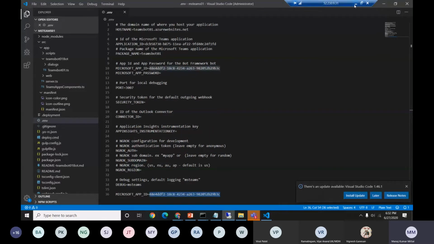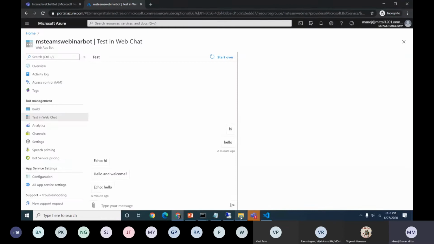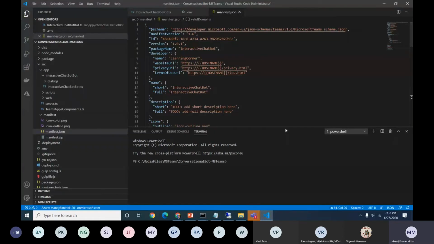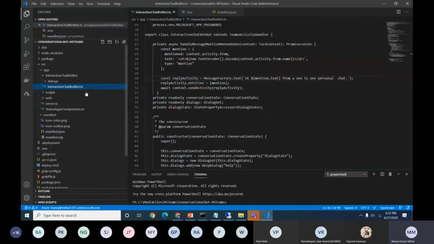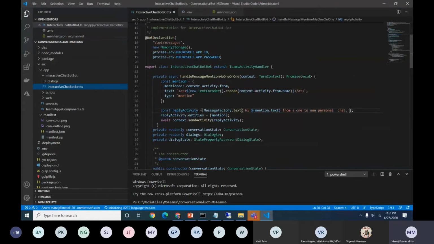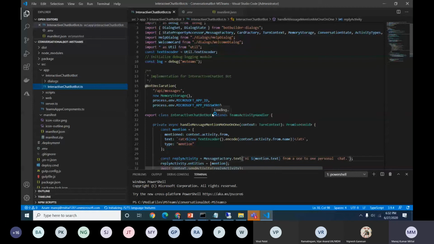Okay. So let me go back to the solution and hopefully, yep. So this is the one. This is the same solution which I just showcased, which is generated. I will show what changes I have made here. It's nothing more, just a few lines of code which help us to deploy the entire code. First of all, I just added some utility classes here, like the message factories we use, and another is the encoding section. Whatever message we are going to send, we need to do the encoding.